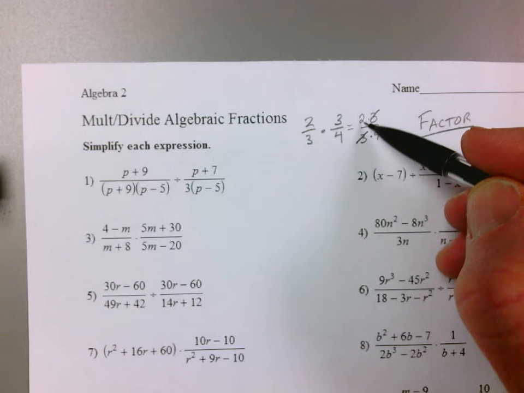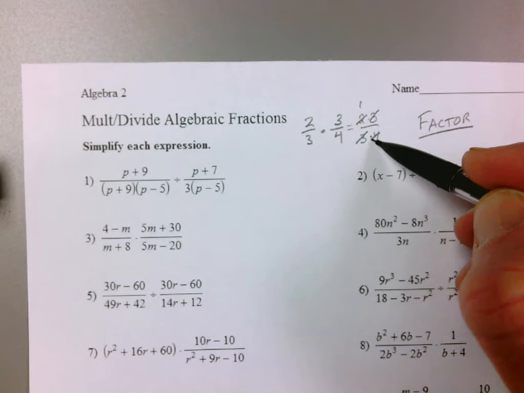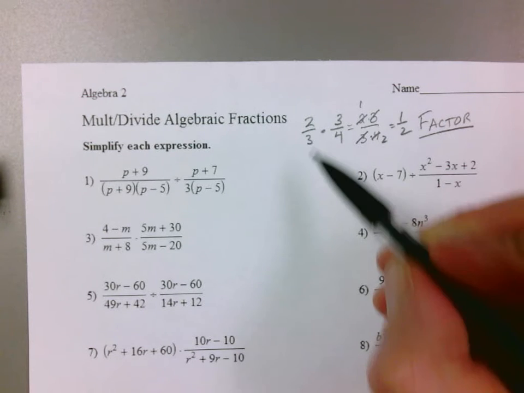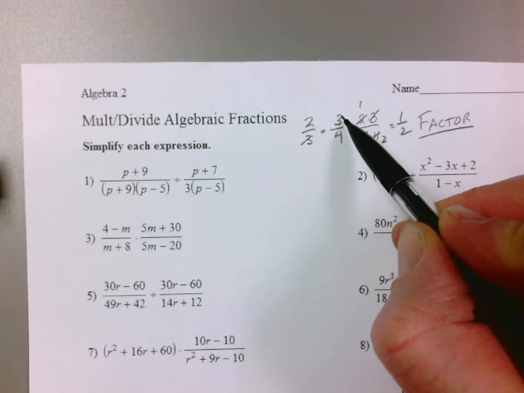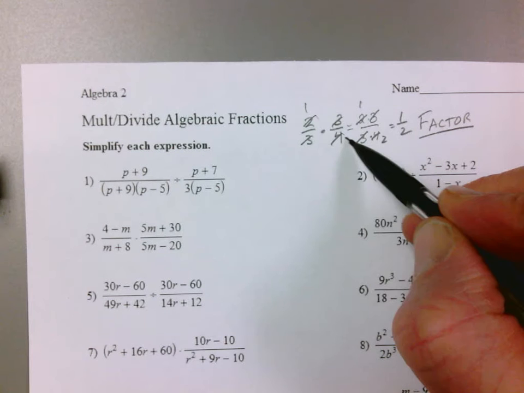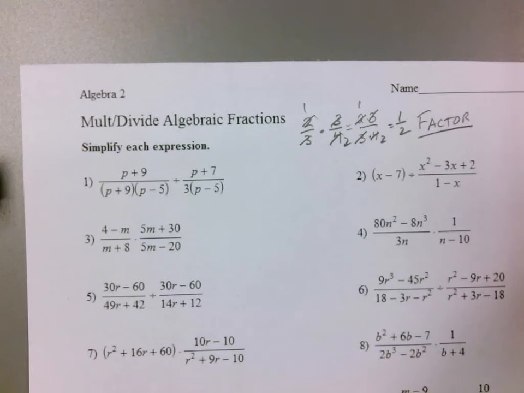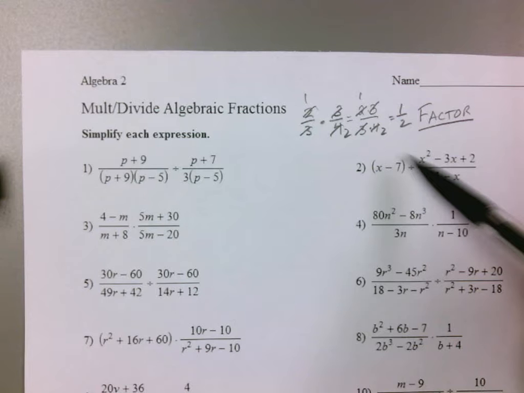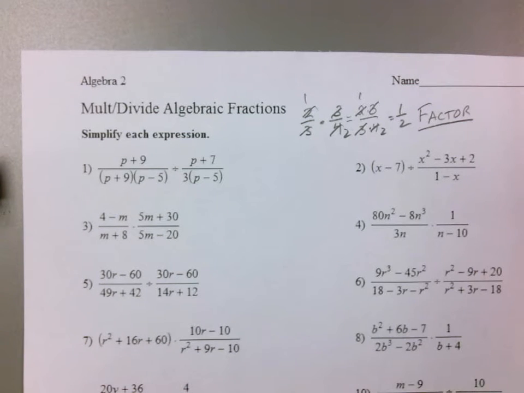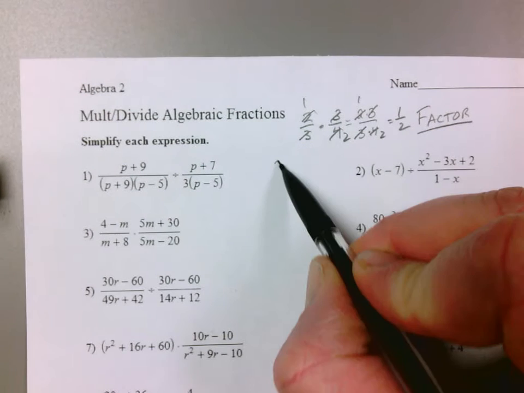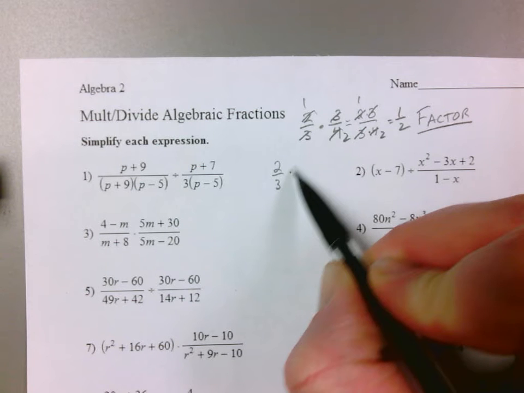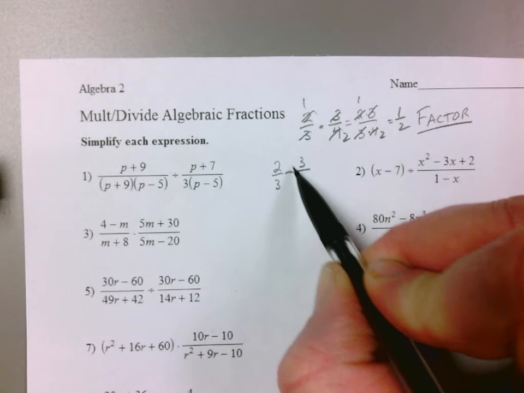and I get 1/2. Now some of you will cancel right here, right like this. That's fine. Okay, but don't say cross cancel or cross multiply. You're not cross multiplying. You're cross reducing. If I am dividing 2/3 by 3/4, I multiply by the reciprocal. The same is true